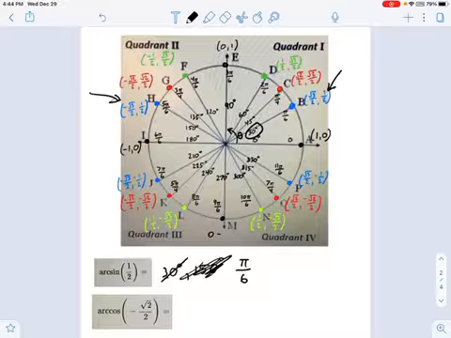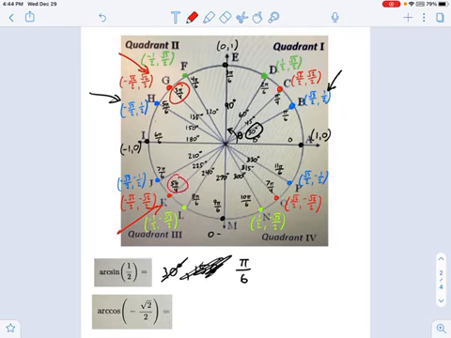Now I'll go through some of these as an example, just to fill you in. So negative radical 2 over 2. Where does that happen in a cosine function? In other words, where's the x-coordinate equal to negative radical 2 over 2? Well, there's one, and there's another. G and K in this picture. So either 3 pi over 4 or 5 pi over 4. And remember, which quadrants do we limit ourselves to with cosine? Cosines are in the top half of the circle. So that means this is going to be 3 pi over 4.